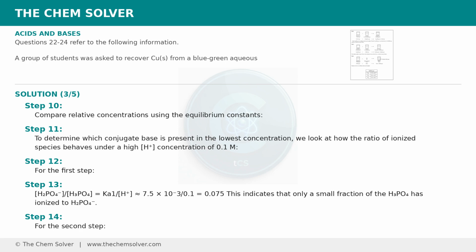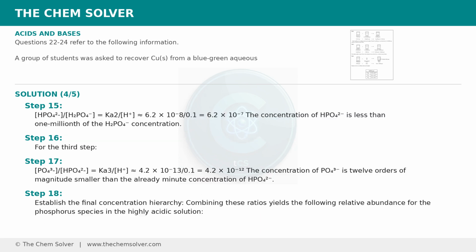For the second step, HPO4 2- over H2PO4- equals Ka2 over H+. Approximately 6.2 times 10 to the power negative 8 over 0.1 is equal to 6.2 times 10 to the power minus 7. The concentration of HPO4 2- is less than 1 millionth of the H2PO4- concentration. For the third step, PO4 3- over HPO4 2-